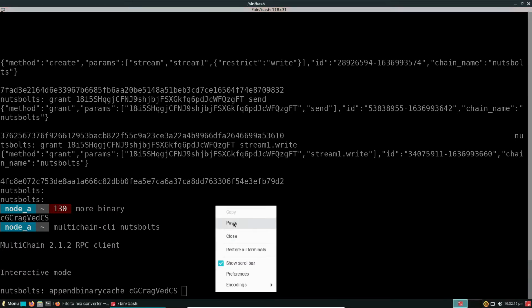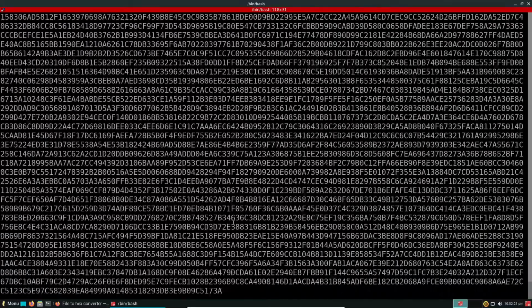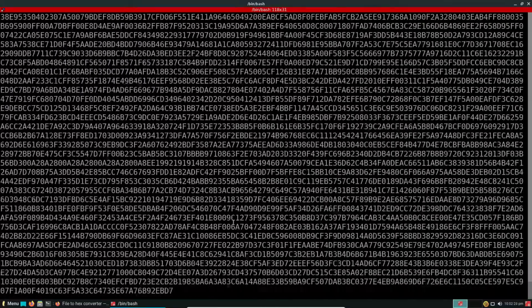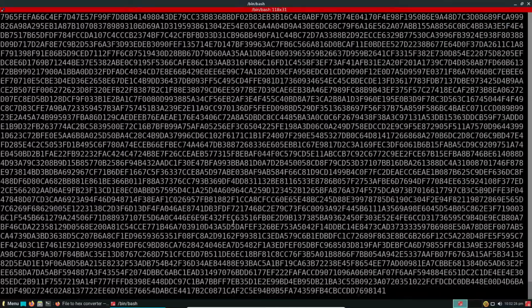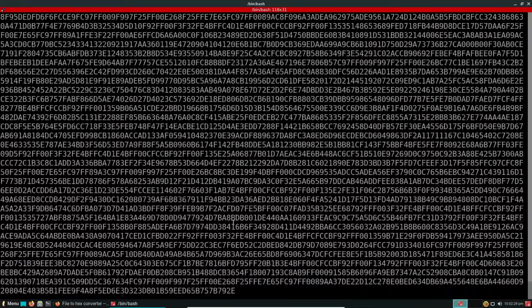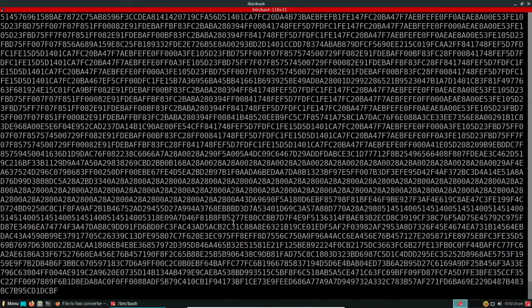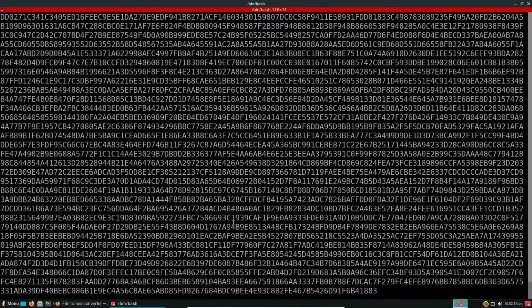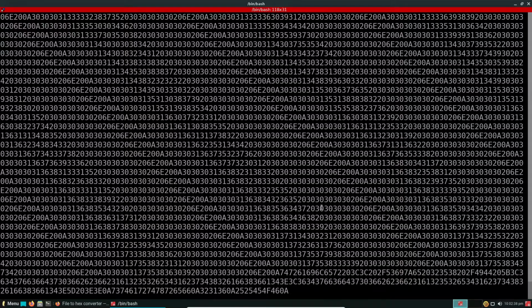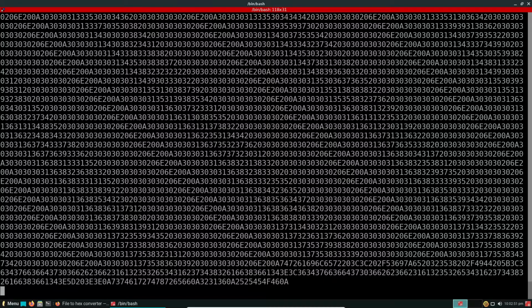So I paste it. The complete hexadecimal output of that PDF that we had just converted, now we are appending this into the binary cache that we had just generated. So it will take some seconds, I think. Now this is the command line. Command line means wherein we have just said append binary cache, name of the binary cache, and then we are appending this data. So now we press enter. Now it is going to take a few minutes, I think.